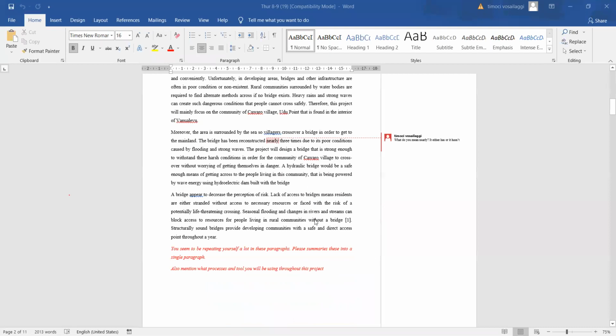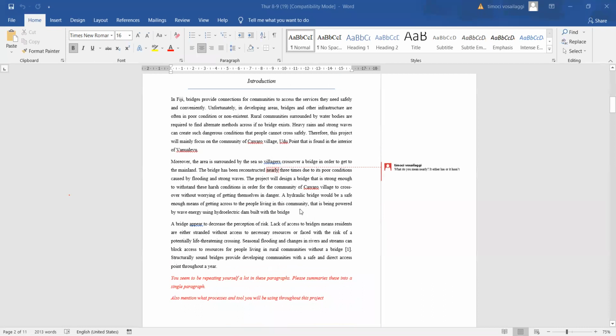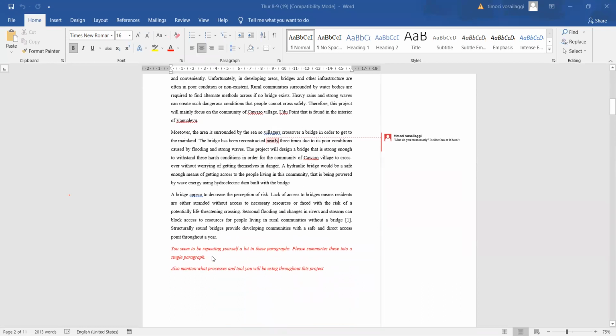Okay, so at the end of reading your introduction, I feel like you have repeated yourself or your main points in a lot of the paragraphs that you've put in here. I feel like you could have condensed this all into one single paragraph, simplified it down, and at the end, also mention the types of processes and the tools that you'll be using throughout this project. So you may want to start the next paragraph with, this project will look at